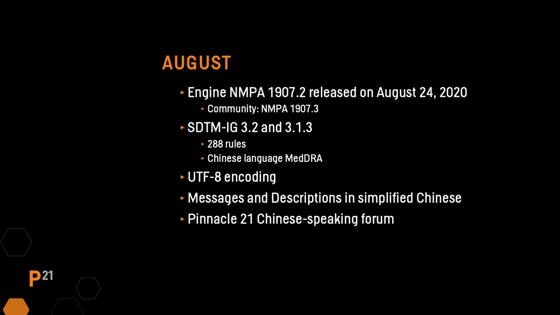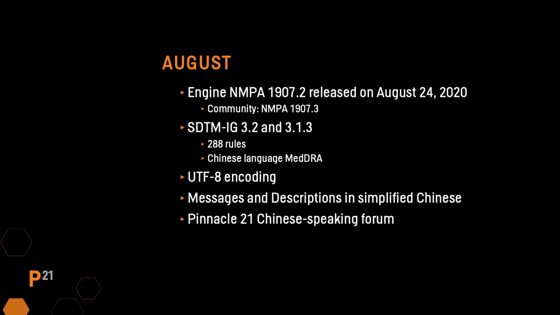On August 24th, just over a month after NMPA announced their new guidance, we were able to release our first support for NMPA. We published a new validation engine within both community and enterprise versions of our software, and that engine is version 1907.2. In community, it's actually showing up as 1907.3, but that's due to a technical issue that we have since resolved. This first release of the engine has added support for SDTMIG 3.2, as well as SDTMIG